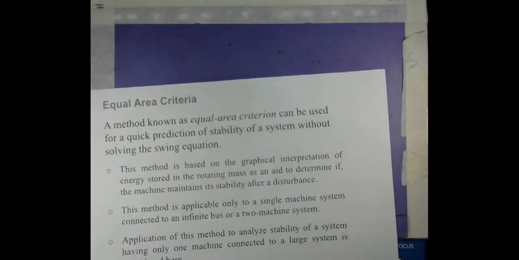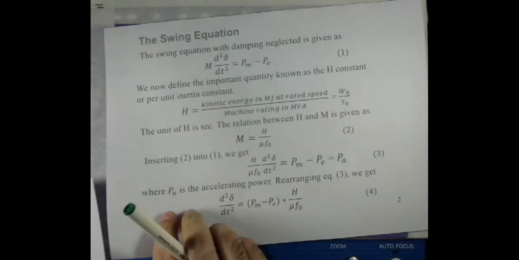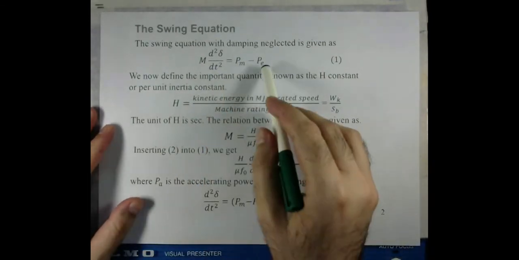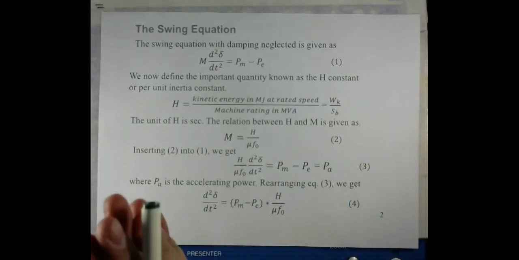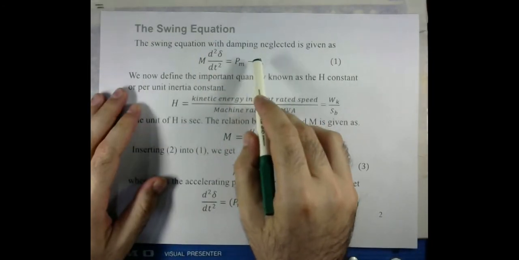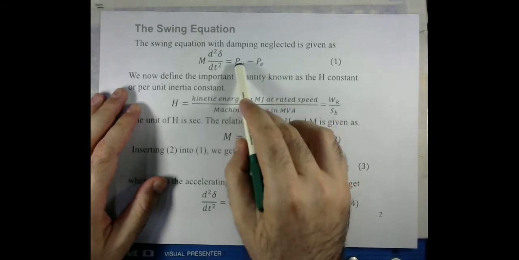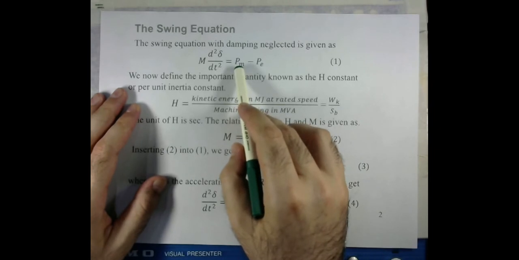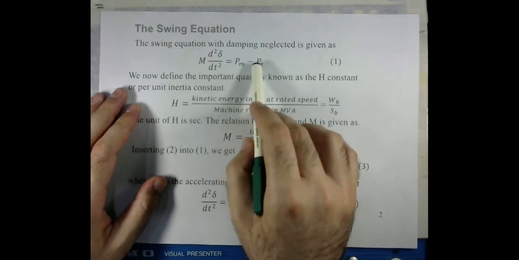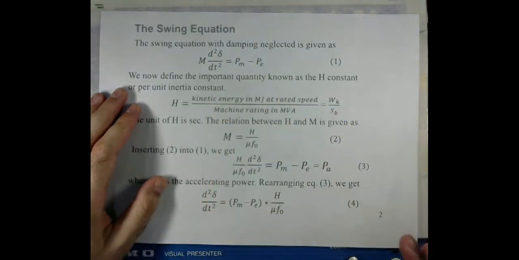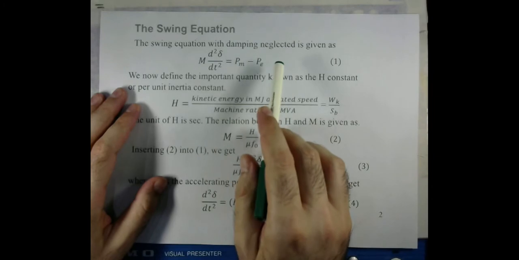So let's talk about the swing equation and some more mathematics. This equation we have discussed even before, and once again, this equation says that if there is any change on the right side, for instance, change either in the input power, because we are talking about the generator, and if, let's say, the mechanical input power is changed, then there will also be change in the angle, and that will change the dynamics of the system. So this is the swing equation.